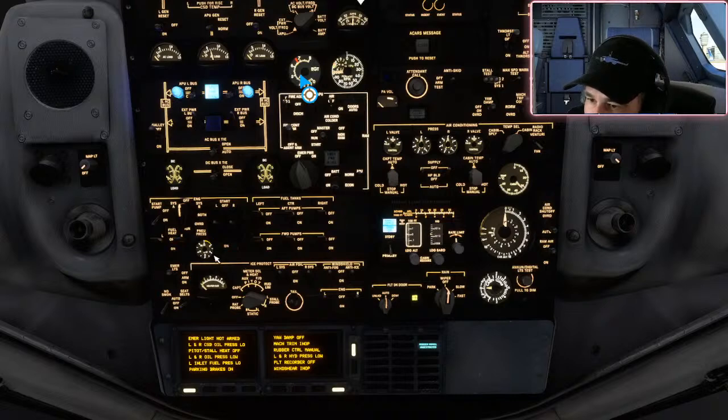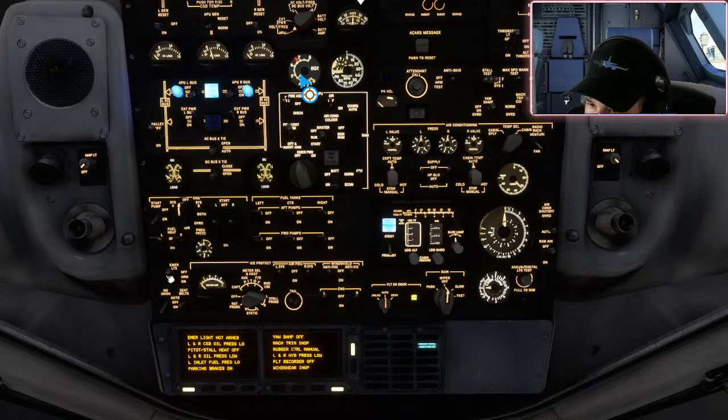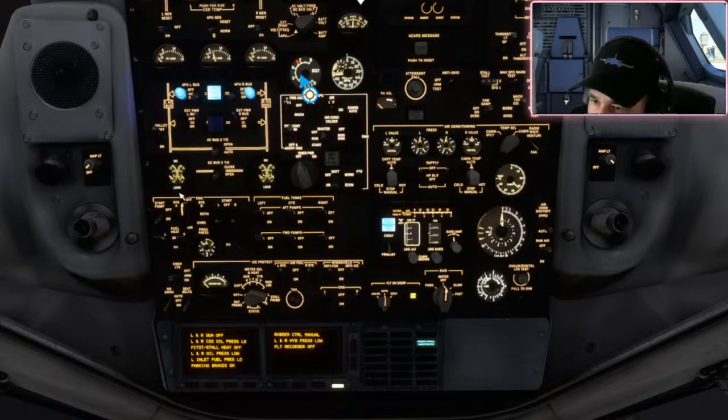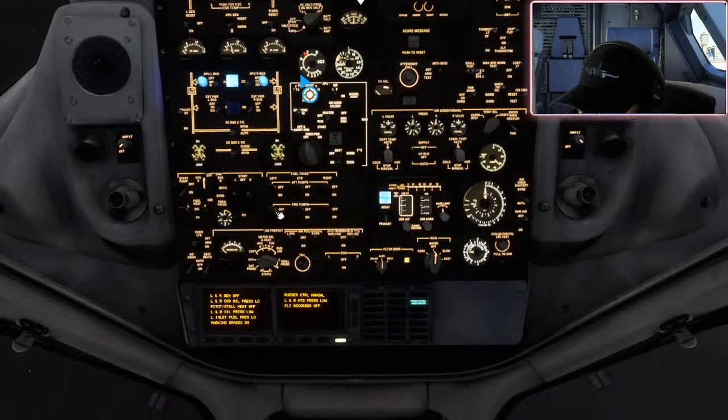Alright, now we have to get this up to 4. Okay. Just gonna turn these on, and then turn them back off for a second here. Okay. Now that that's on, we will cross with these, turn on the fuel pumps,